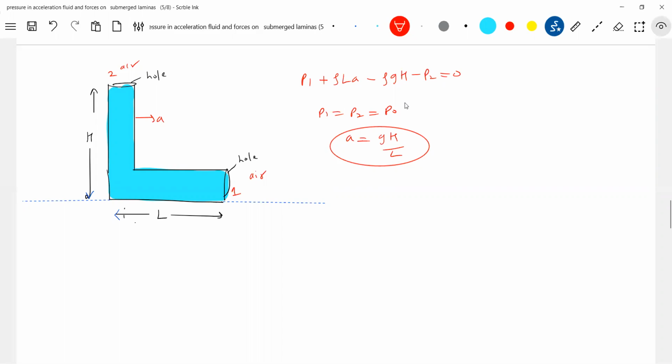If the acceleration is equal to this much, the liquid will not spill out at either of the holes. So what do we think? Sir, here, okay, liquid will not flow. Okay, fine. But here liquid must flow. If it is at rest, the liquid will flow. They will come out like this. If I accelerate it, the liquid will not flow. So now it is possible. The mathematics is saying no, the concept is saying yes. It's not like something sealed. Both ends, it's open here.